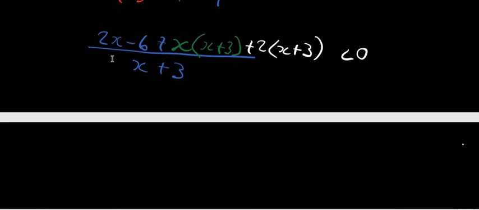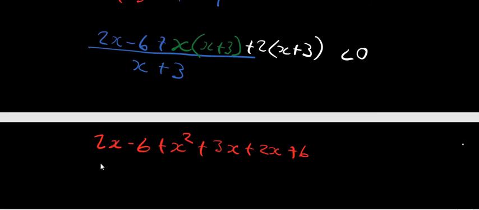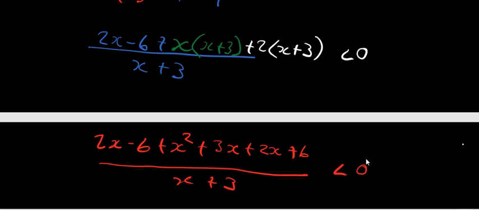So when you work that out, it's going to be 2x minus 6 plus x squared plus 3x plus 2x plus 6